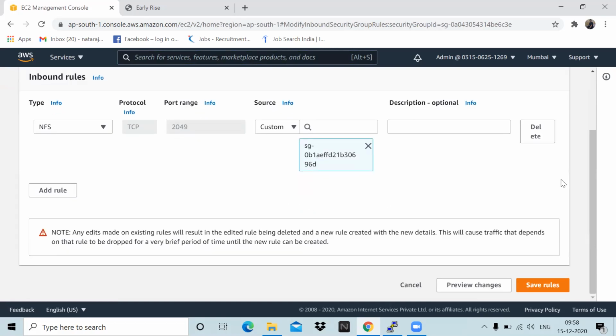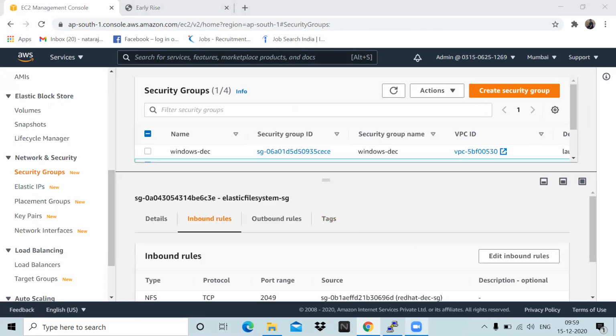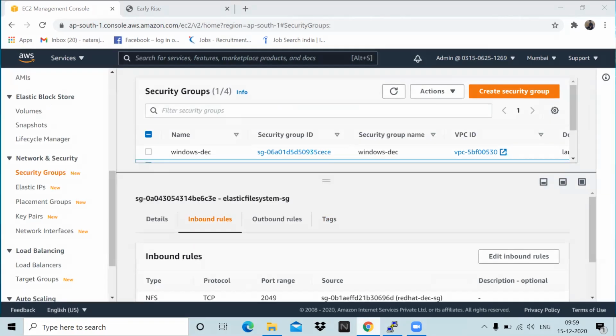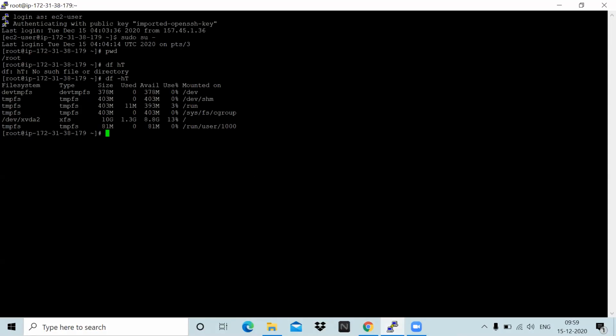Now you go to the server again, the Putty session. Go to Putty. Here you just do cat /etc/fstab.